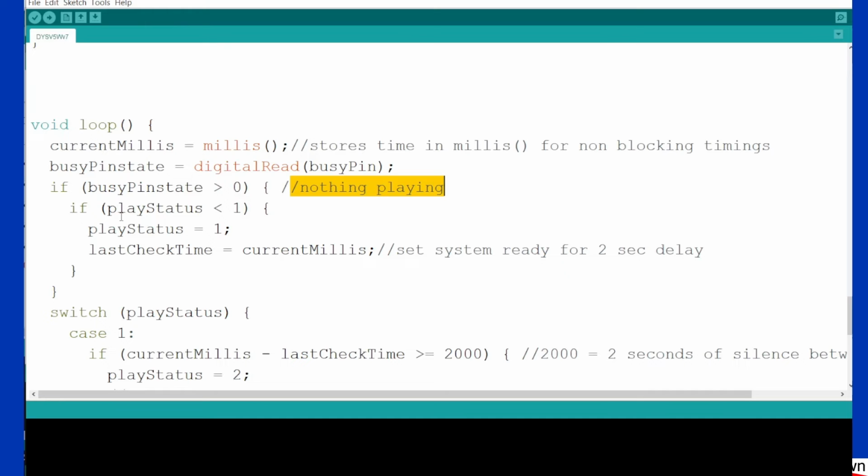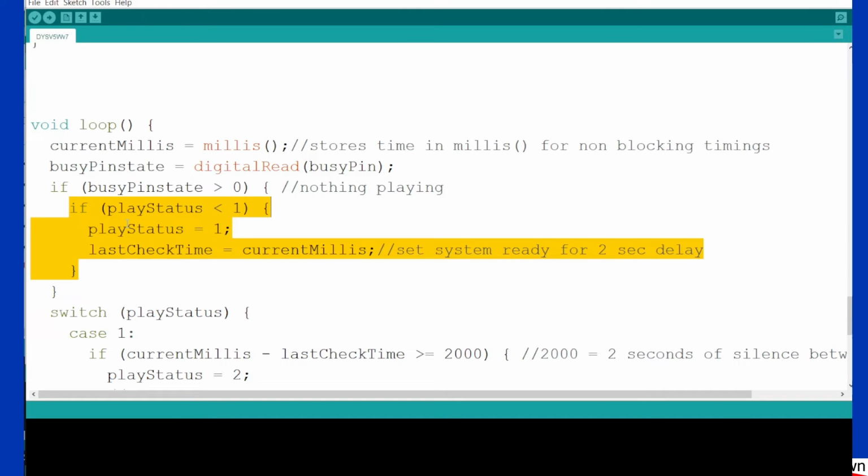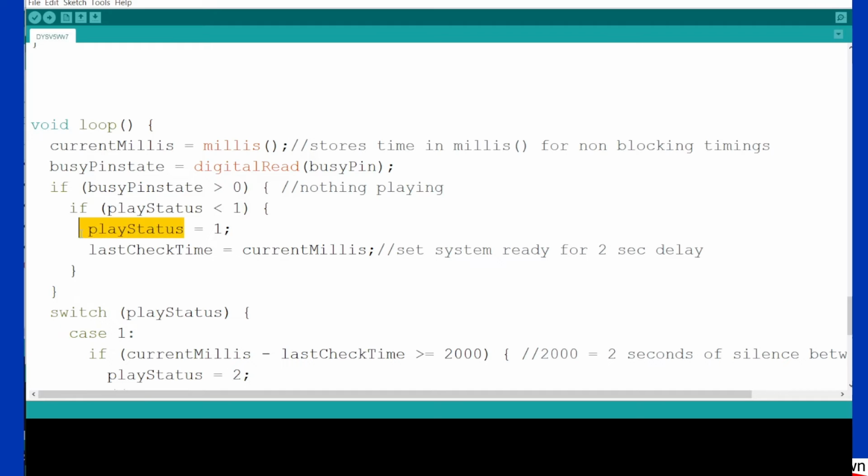If the play status is smaller than 1, we're going to set the play status to 1. The reason for doing this is, if we didn't have this line, in the fractions of a second it takes to get to the next part of the sketch, this thing is going to run over and over and over. So once it's set, the play status is now 1,